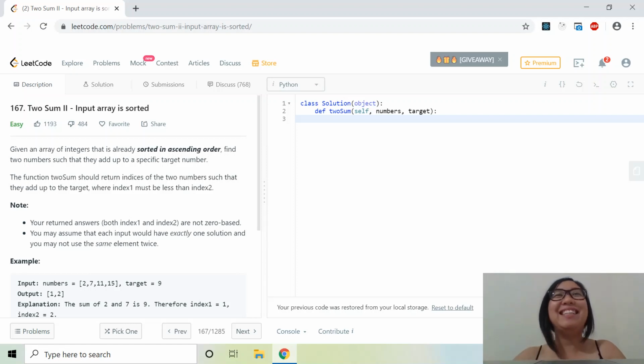Hi everyone, it's Salita, and today I will be solving a typical programming interview question called twoSum 2 with you guys. And this is considered an easy programming interview question by LeetCode, and it's also a very common programming interview